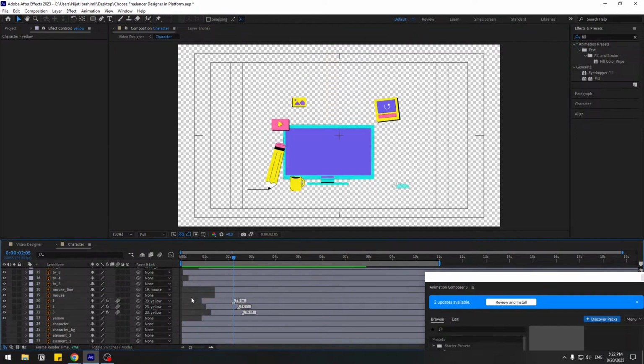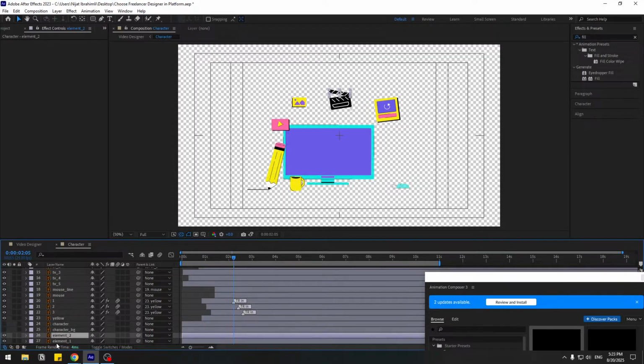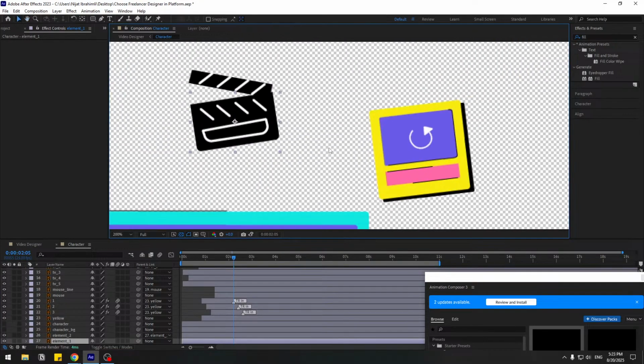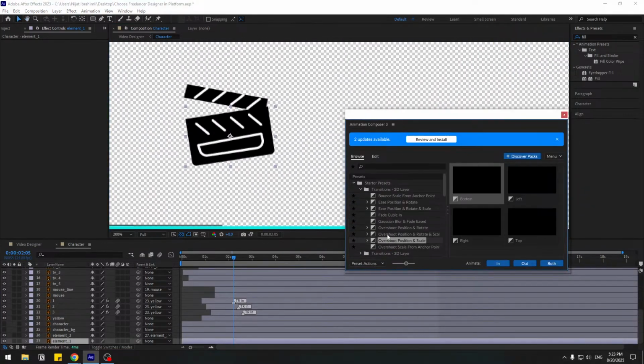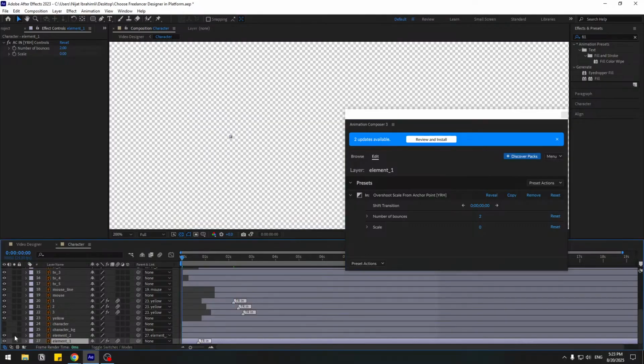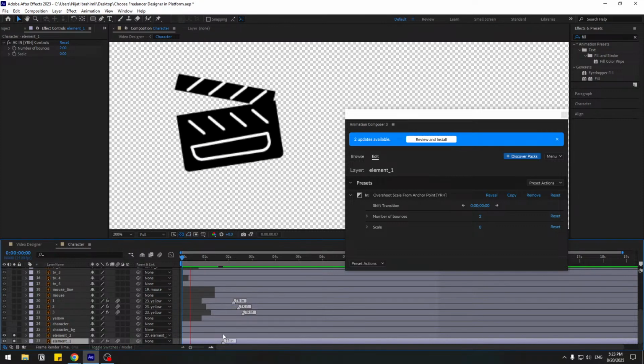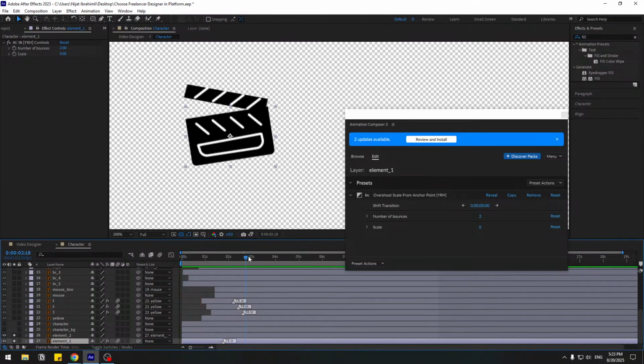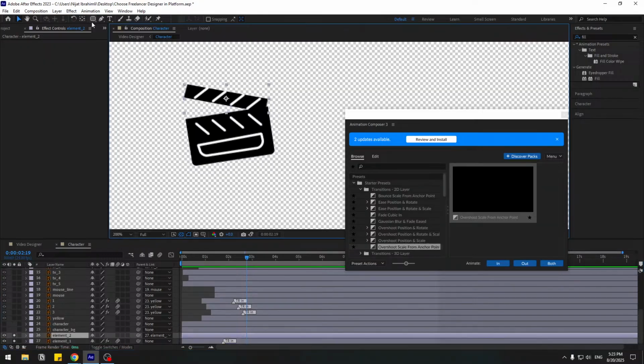And finally, let's select this element 2. Let's see which layer this. Okay, element 1, select element 2, link to element 1, select element 1, and use anchor point, overshoot scale, click in, and go to solo. Move the anchor point, move the mark to right for slowly scale, and element 2, let's